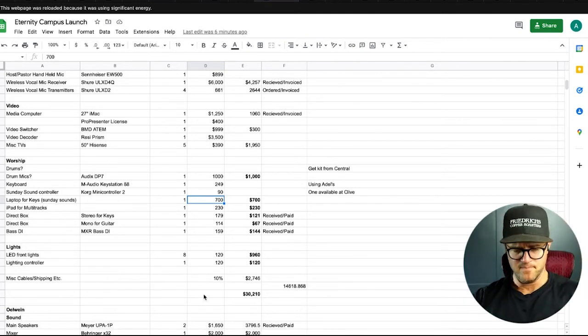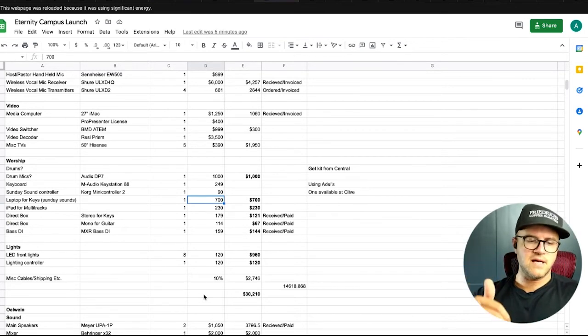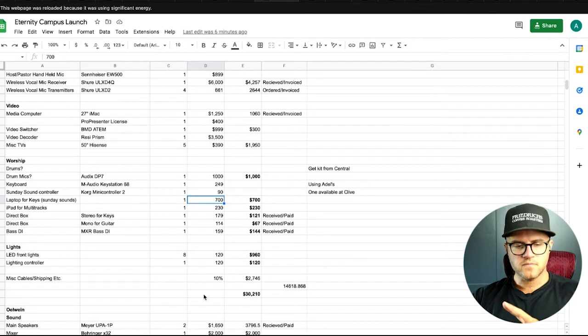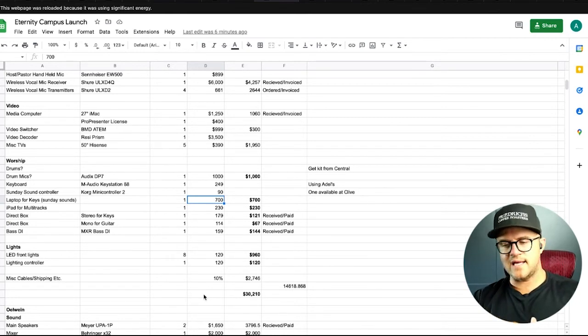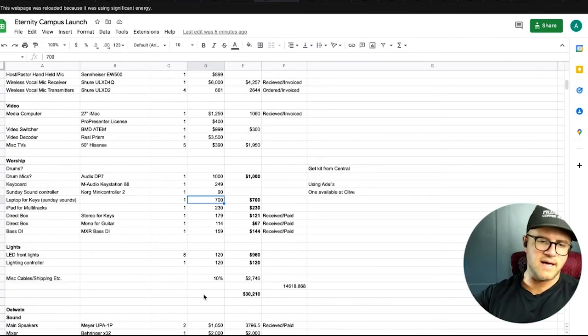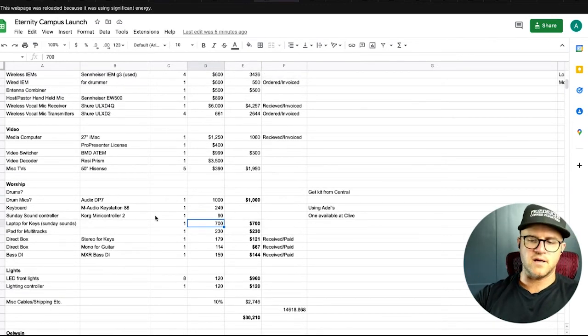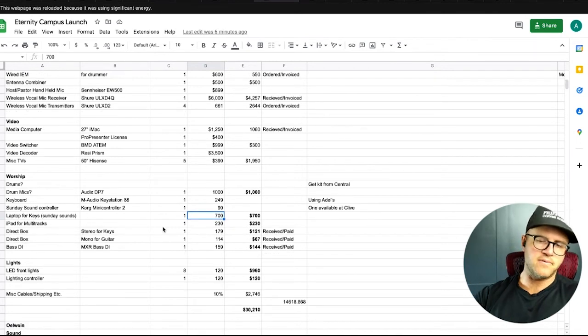And that's a major thing that I recommend everybody do when you're putting together a budget. Put in 10% for unexpected shipping, miscellaneous cables. It'll also save you if you buy a piece of gear used that isn't as good as you expected. You can either hope to get a return on that, resell it for something else, or just take the loss, and you have that 10% contingency to back you up, guys. And that'll help you, especially if you have a $1,000 item just break on you or something like that, right? Or something breaks in the process of installing,